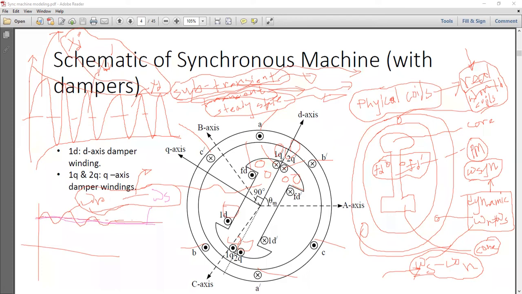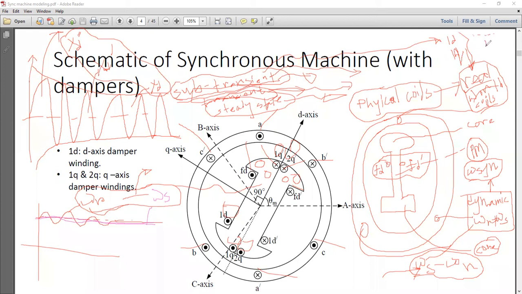And when you include one set of damper coil, then actually another set of damper coil comes. It depends in which axis you are trying to capture the dynamics. If you only want to capture the dynamics along the d axis, we probably start with 1D. If you want to capture the dynamics along the d axis and q axis, you come up with 1D and 1Q, and so on.